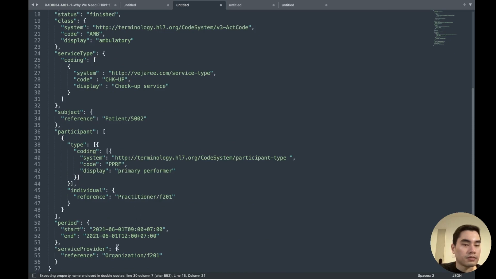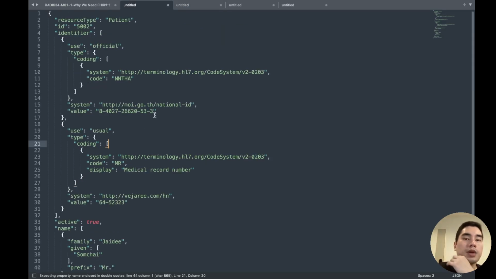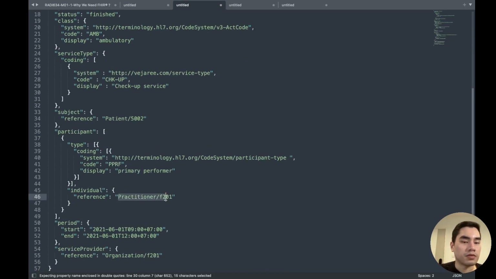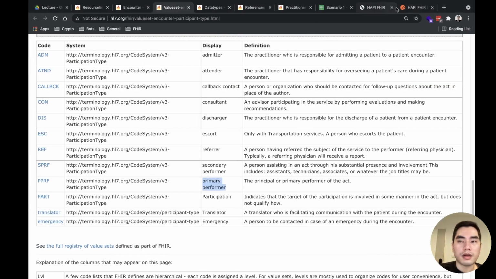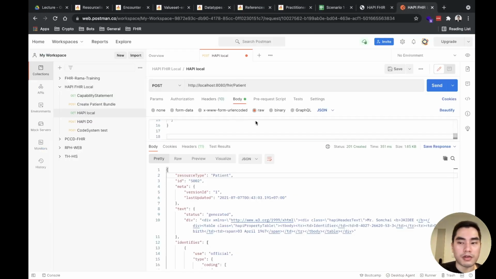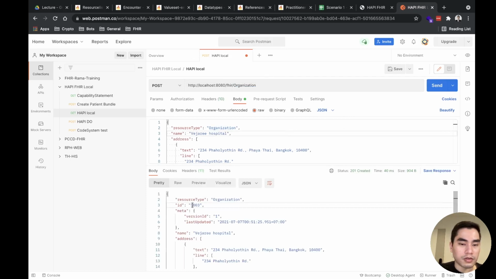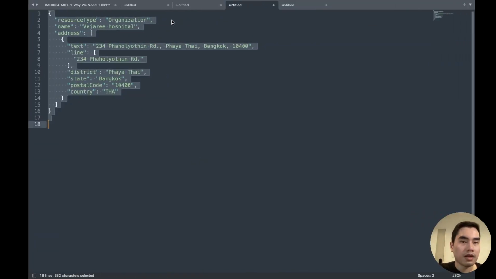And now we have the patient and encounter. For the encounter, we still need to find the ID of these two. So let's post it to our FHIR resource server, organization. I will teach you about this in the next session, but now just watch it. So we got this 5003 here.